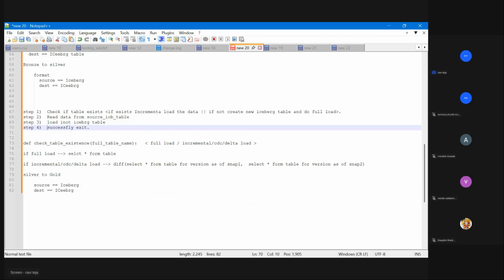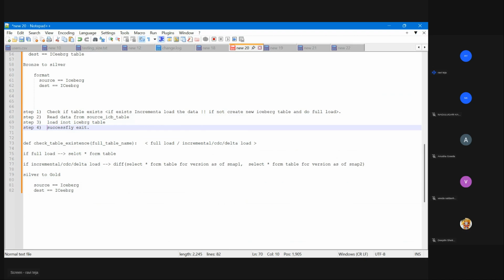It's a file, maybe in the background beneath. It's a file, but I do not need to worry about it, because that worry we have already given to Iceberg to take care of. So now Iceberg is accountable for maintaining all these files for us. We do not need to worry about them. Hence I'm not going to move files from unprocessed to processed. I do not want to do anything.